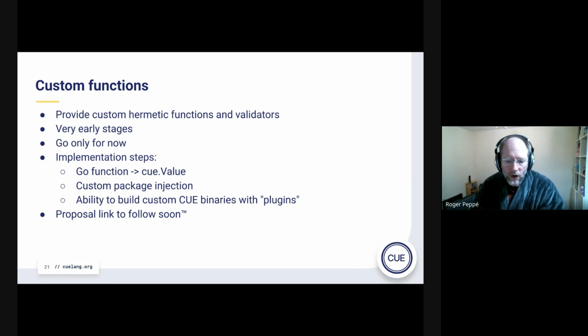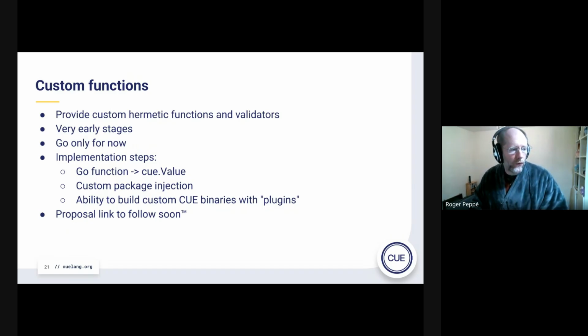We assume no side effects. There's no model for side effects; that kind of thing could potentially come later. And with respect to the CUE package, you'll be able to take a Go function and provide it as something that is callable within CUE.